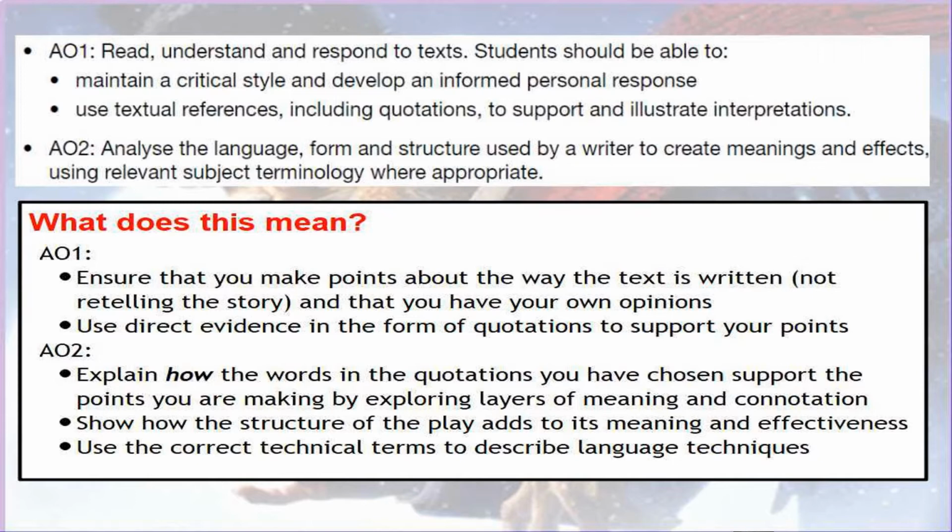You do, however, get some credit for referring to evidence even if it's not a direct quotation. So if you are stuck but you can't remember exactly what a quotation is, it's perfectly acceptable to use a reference to that without quoting it directly, or to use individual words from the idea that you've remembered, even if you don't use the full quotation. But you've always got to support whatever you are saying in your big ideas with direct evidence. In fact, if you don't do that, the next assessment objective becomes invalid, because assessment objective 2 is understanding writers'